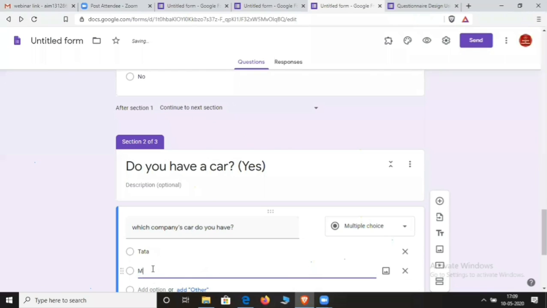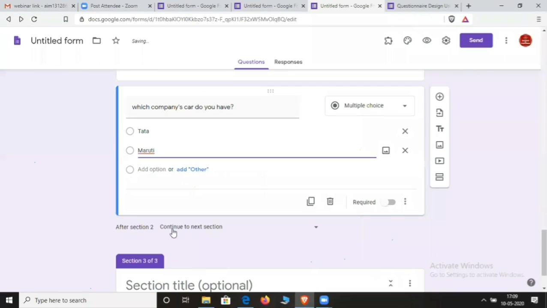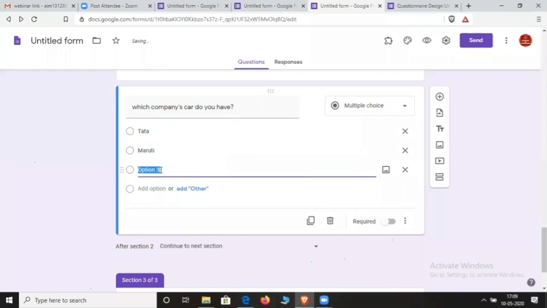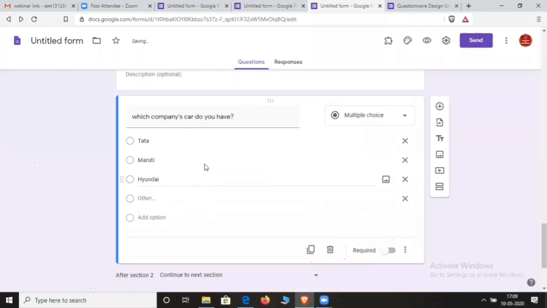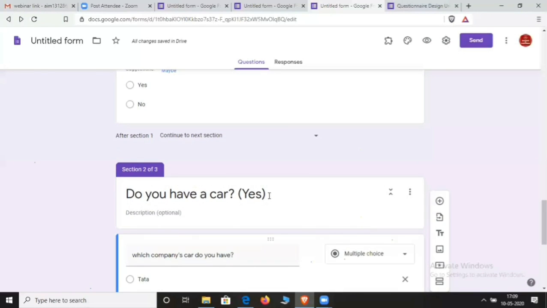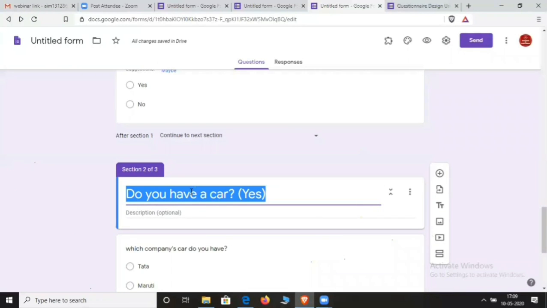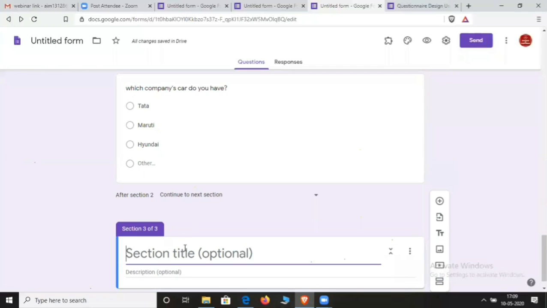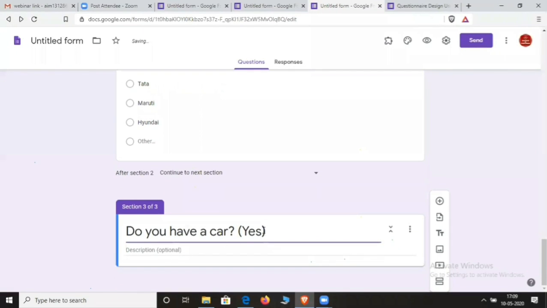then Maruti, then Hyundai, and you can add another option, other. Okay, and you can type here also, if your answer is no, then go to section 3.